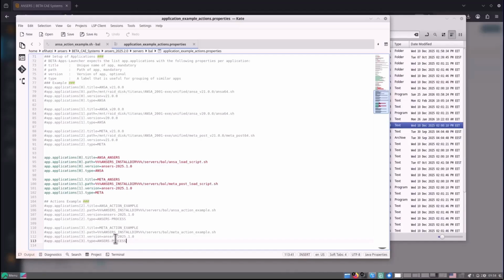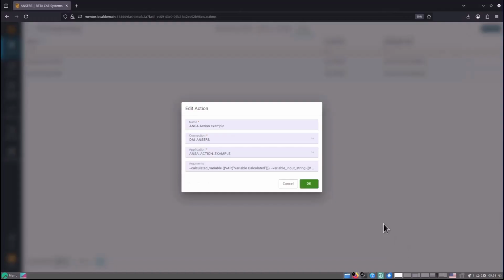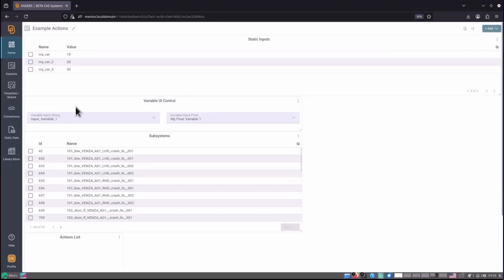As I mentioned earlier, this file needs to be edited as well. We must uncomment the entries for ANSA or META, depending on what we want to enable, and update the SH path. Everything else can remain unchanged. If you define an application called answer_example_2, then that is the name that will appear inside Answers. In the argument section, we specify the inputs using the argument name format.